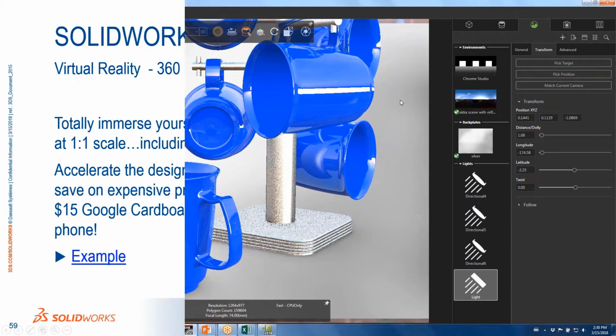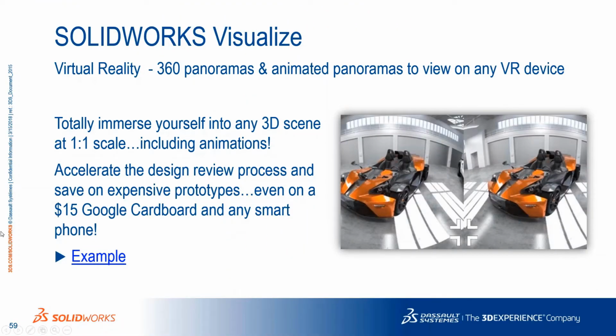So now virtual reality. We have 360 panoramas with animated panoramas. And it's completely one-to-one scale. We can create these, and they work on any device, even from the most expensive down to the $15 Google Cardboard. And so you can really make these scenes or these models and render them out in VR